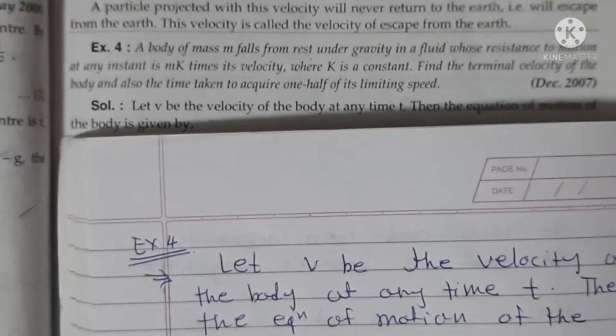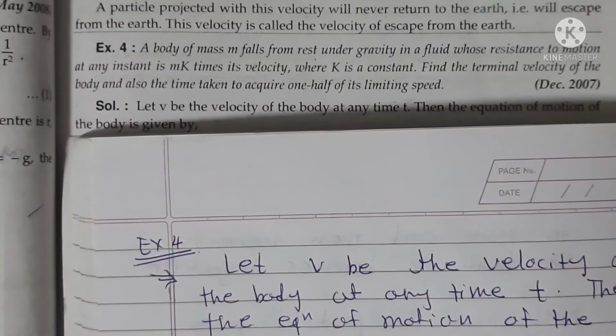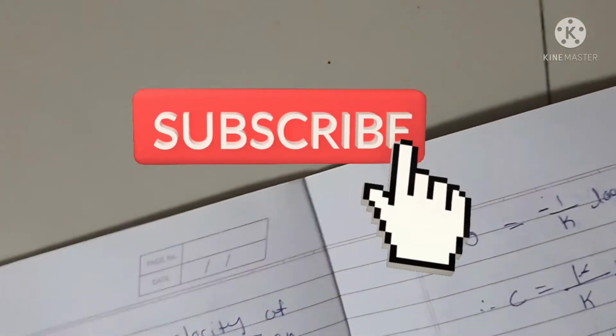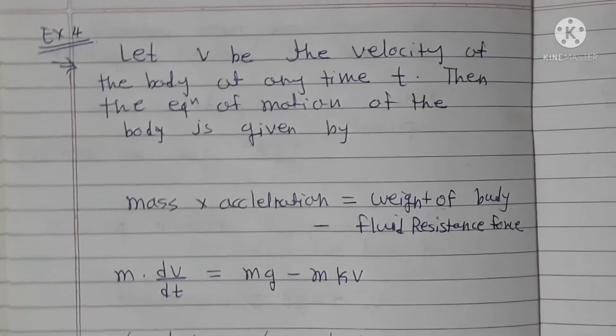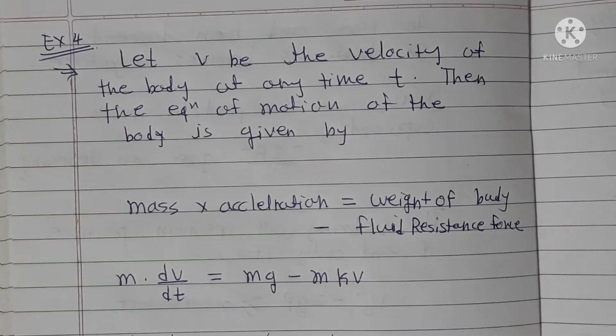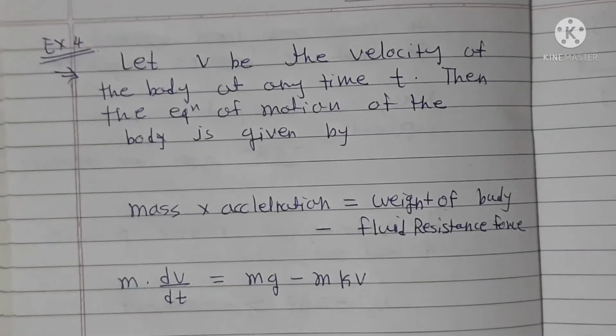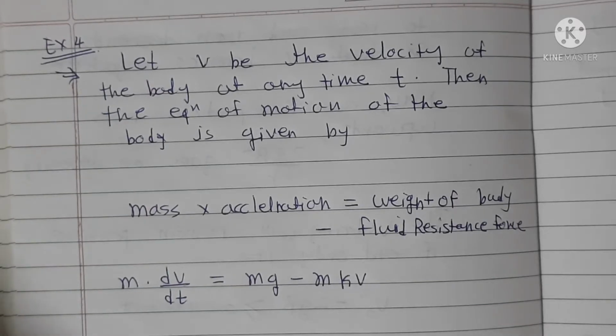Okay, now consider this problem. Here we are given a body of mass m that falls from rest, which means it is at rest position, under gravity in a fluid. It falls in a fluid whose resistance to motion at any instant is m into k times